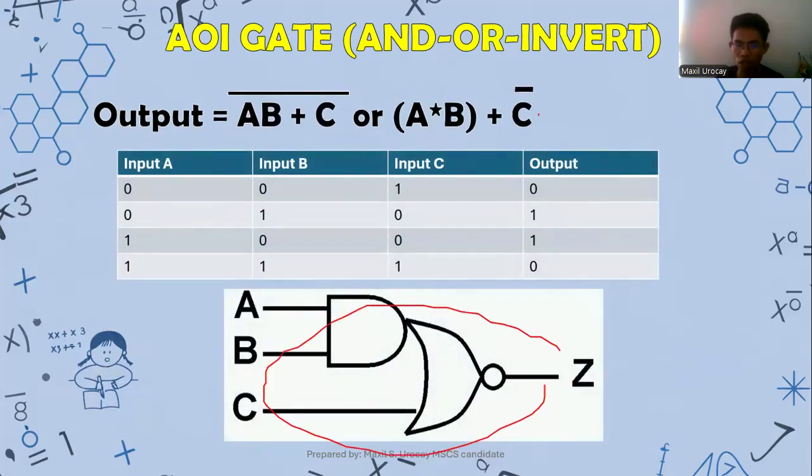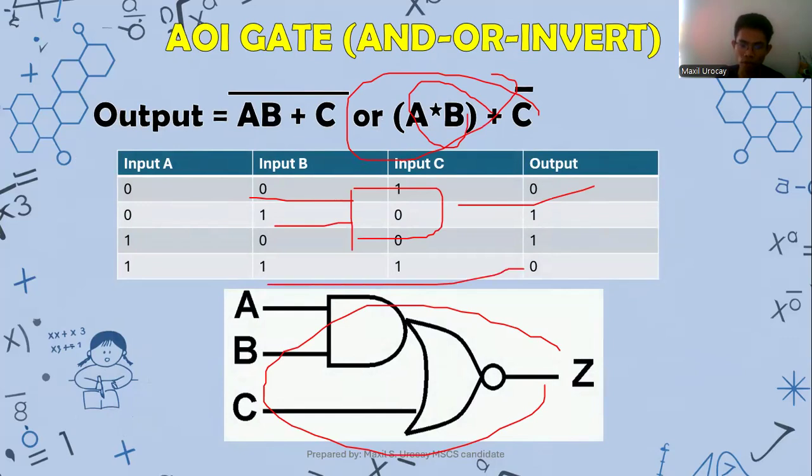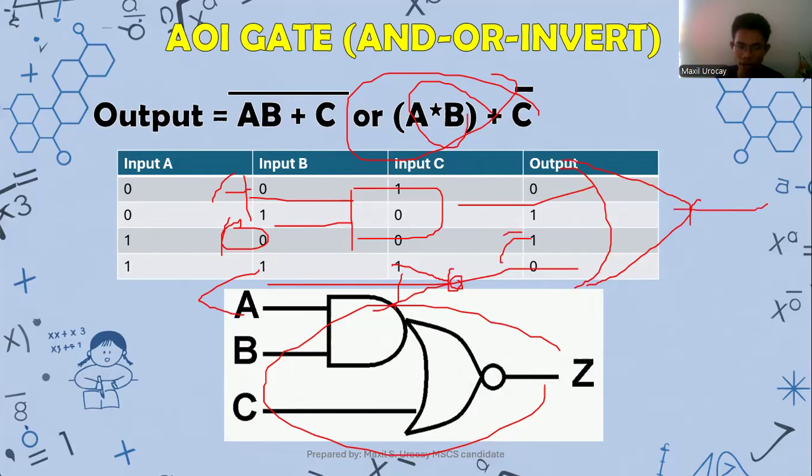But of course, class, if we begin the step-by-step process using the rules that we learned earlier, it's going to be A times B, AB, like that. Then plus C, you will go ahead and do it like this. This is C, this is AB. Now, what will happen if C has an inversion, like this, inverted C? Then you will add that one, and it will become like this already.